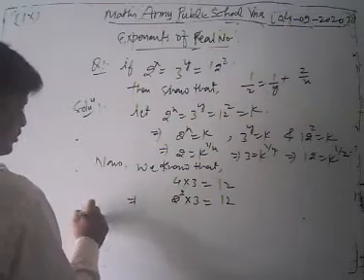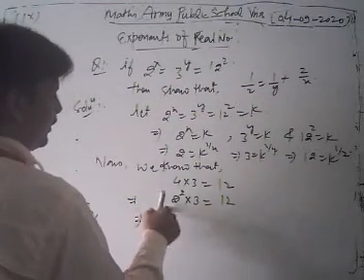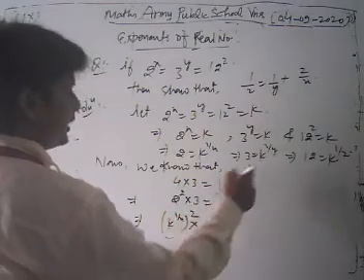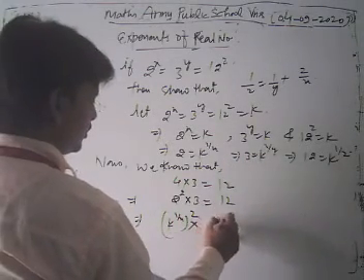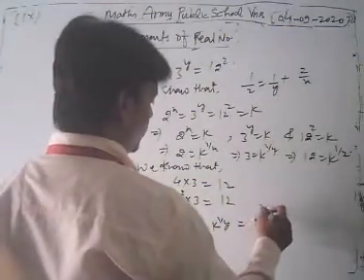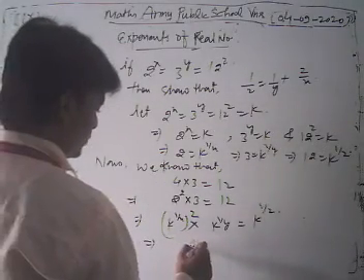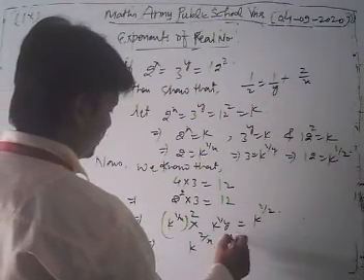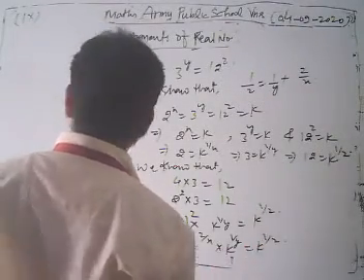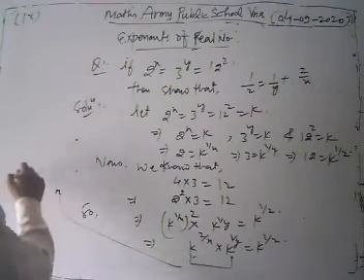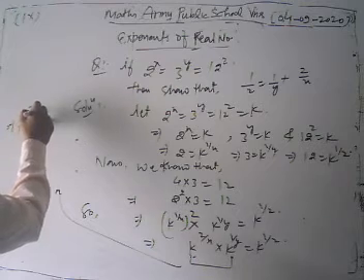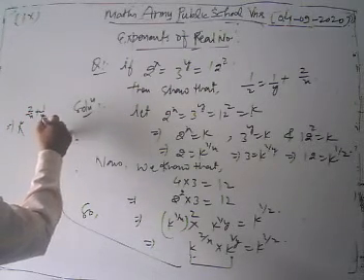Okay, so we put the value of 2 as k power 1 upon x, k whole power 2, into 3 is equal to k power 1 upon y, is equal to, we write 12 as k power 1 upon z. Now we have k to power 2 upon x into k to power 1 upon y is equal to k power 1 upon z. Now the bases are same, so we can write k power 2 upon x plus 1 upon y is equal to k power 1 upon z.